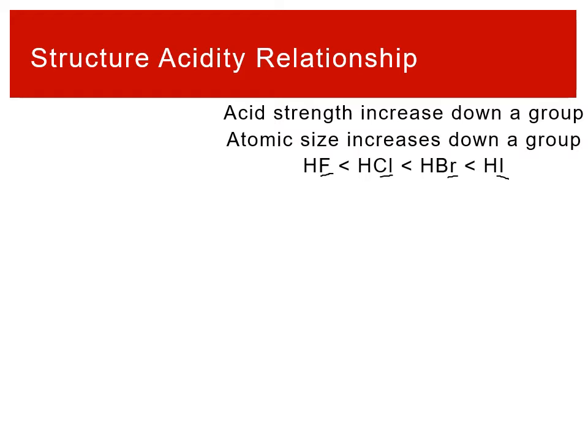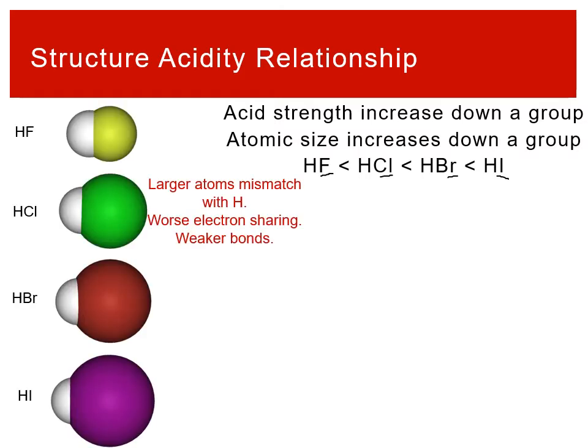And this is related to atomic size. The first thing we can look at is, again, from the acid perspective. As you go down the group, hydrogen is staying the exact same size. All of these hydrogen atoms are the same size, but the other atom is changing in size. And basically we can see that they are increasing in size. Because they are bigger, the sharing of electrons in the bond doesn't happen as efficiently. This iodine atom is massive, especially relative to the hydrogen atom that it's sharing electrons with.